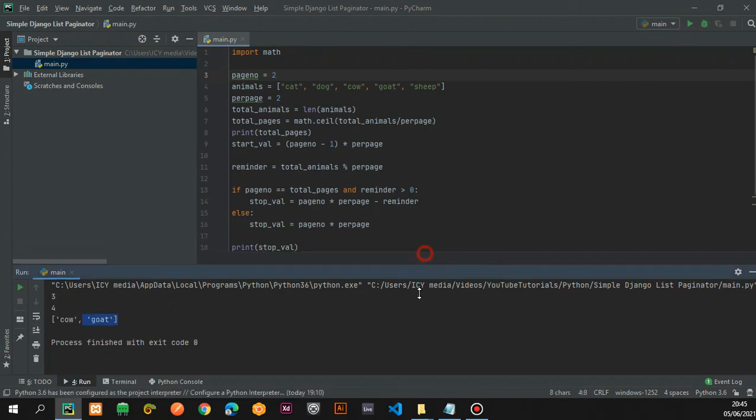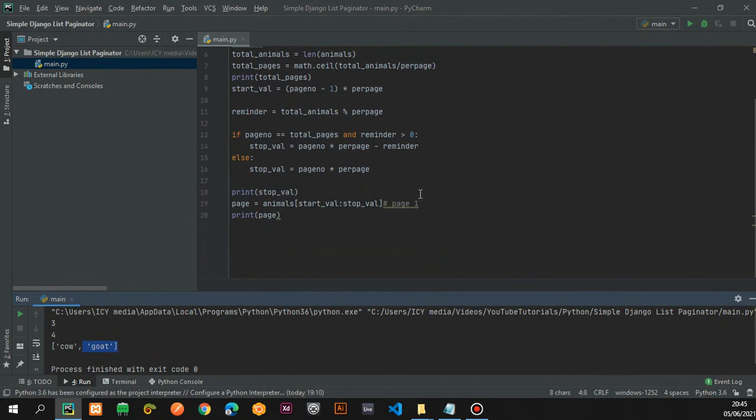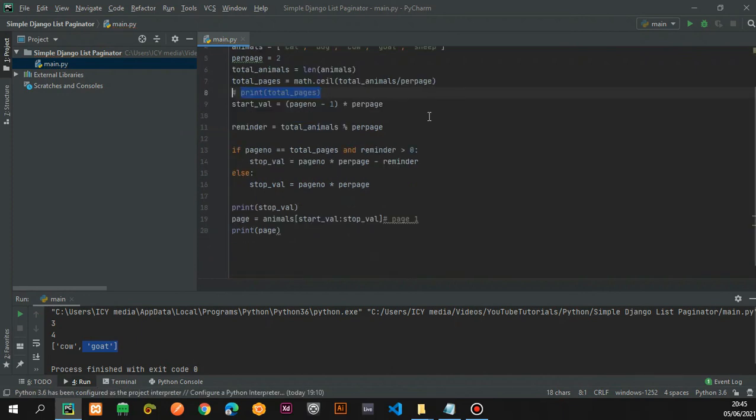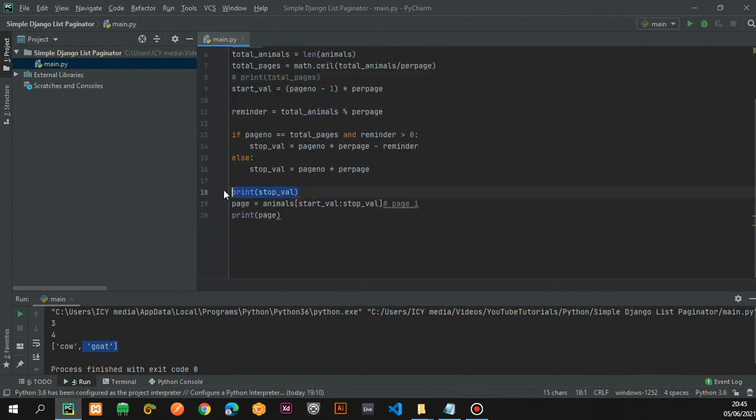Okay, we are getting results. So our code is working fine. So if I try to highlight to get this out of the way, and this,